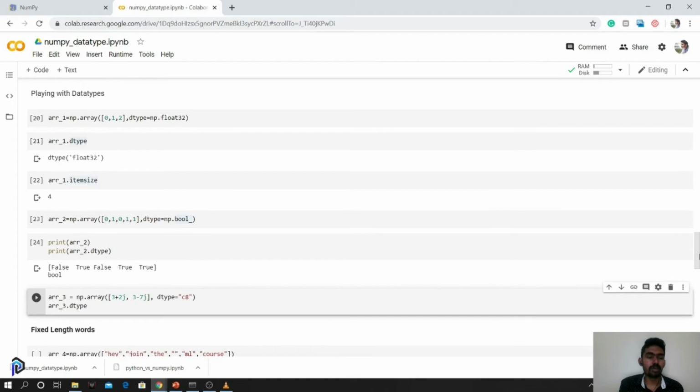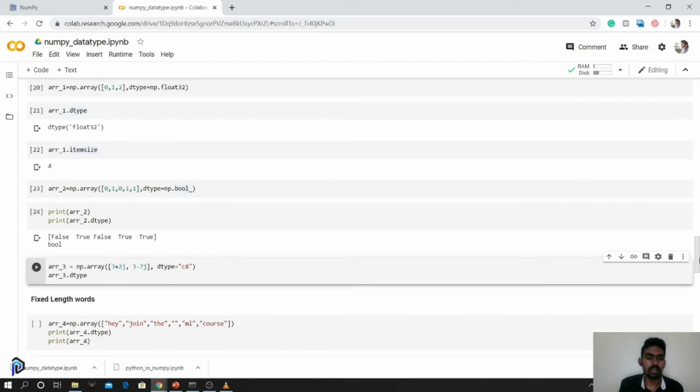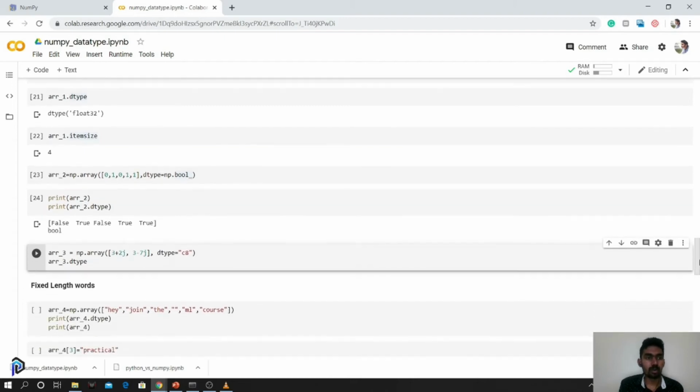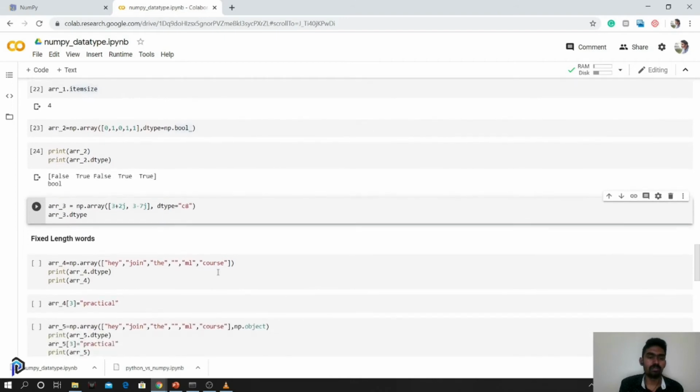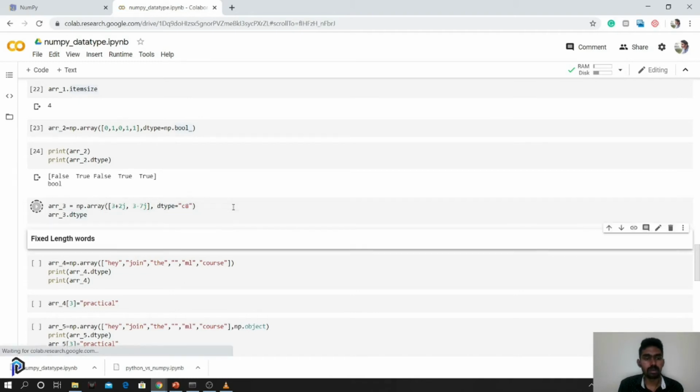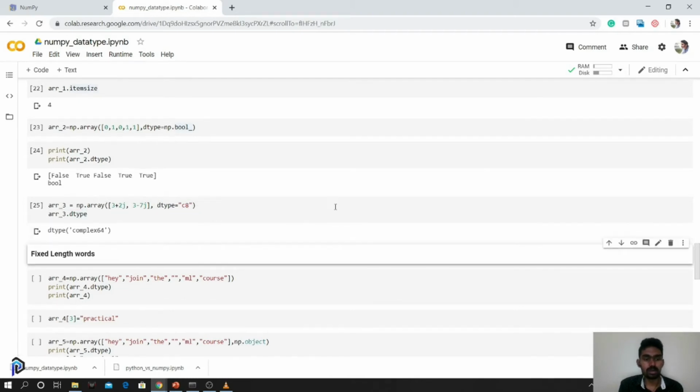These are very simple NumPy basic functionalities, and you will also be provided the notebook where you can run it by yourself. So this is complex numbers. You know a complex number has both the real part and the imaginary part. Here we are using the type code to determine the data type. We are able to run it and it works fine.